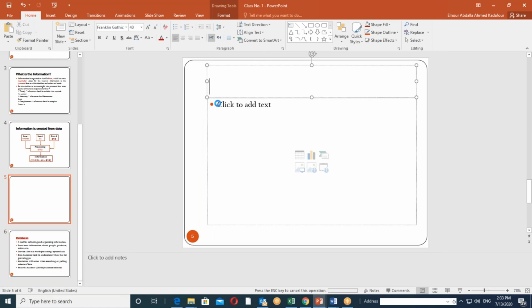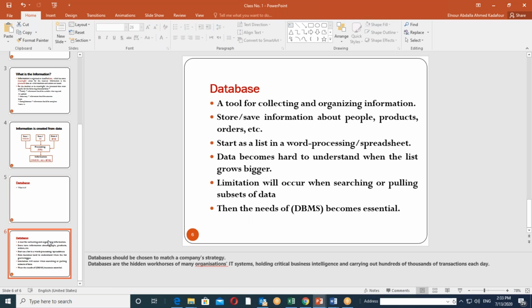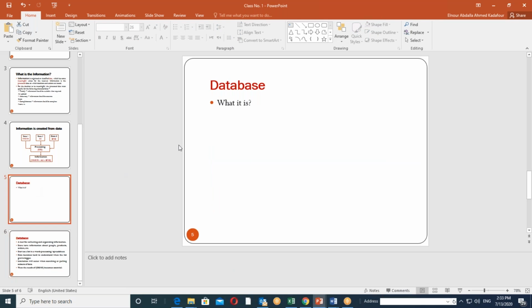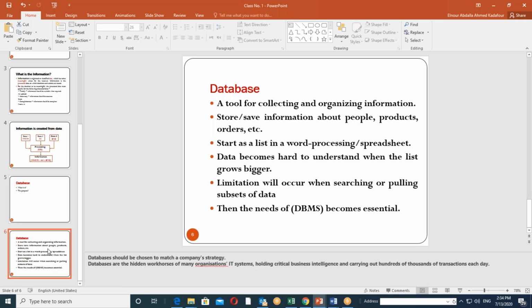Database, what it is. The answer will be the first point from here. Database, the purpose. Why are people running behind databases? The purpose of the database. The purpose is so. Till we come to that. Then from where